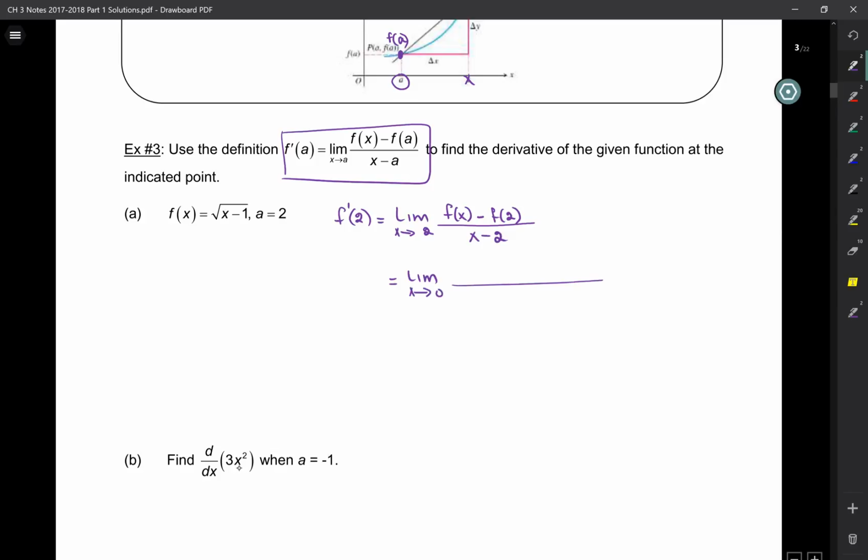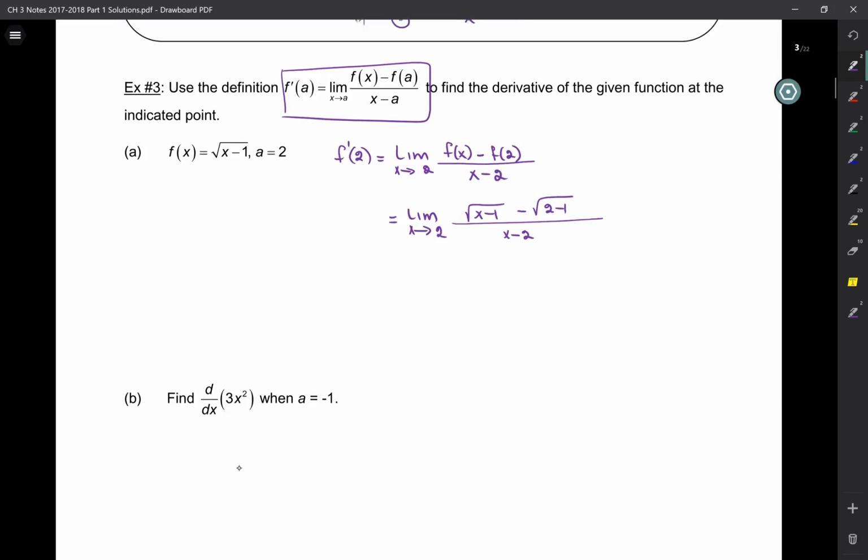What's f of x? Square root of x minus 1, minus f of 2, the square root of 2 minus 1. Is that as x approaches 2? Okay. Does it matter which way we do it? Well, here it says to do it this way, so we're following directions. Okay? So the limit